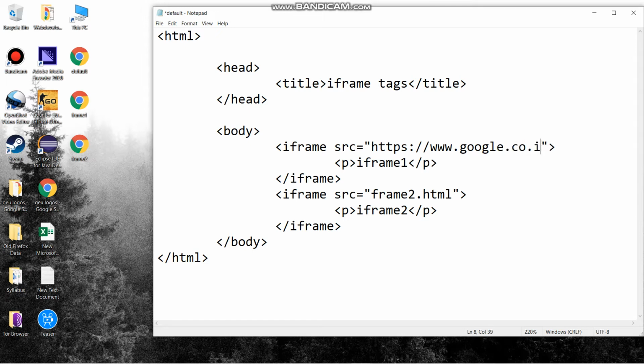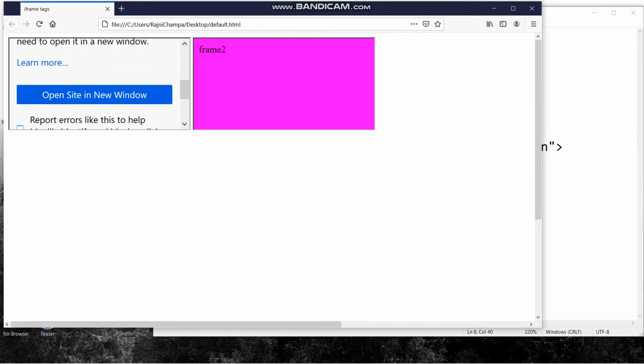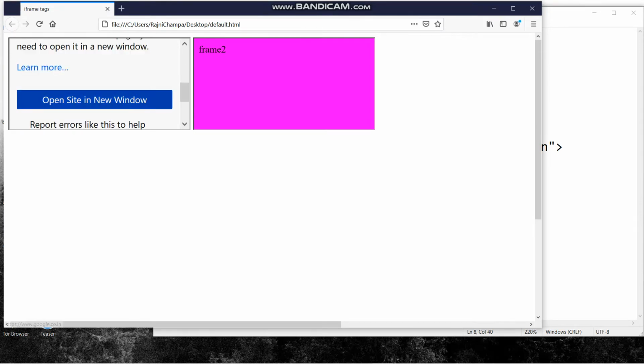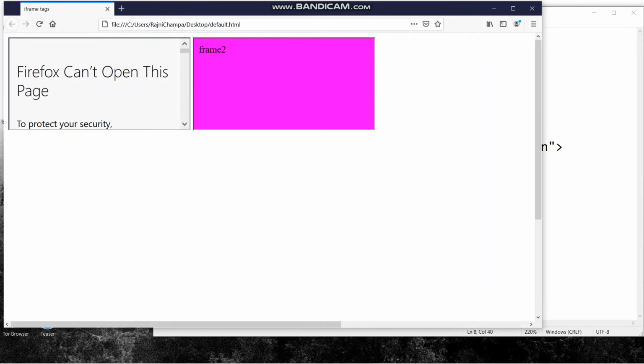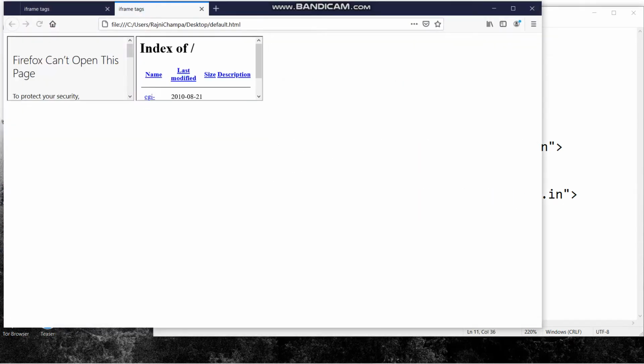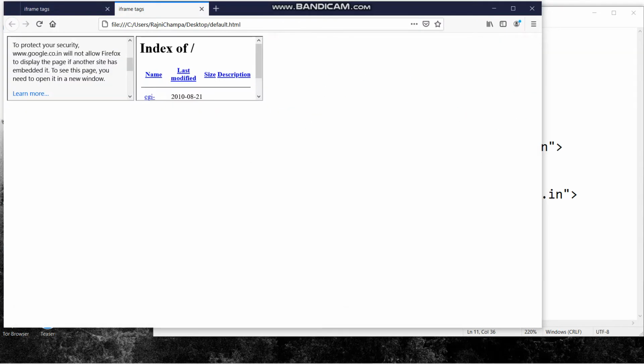I have to open it again with the Mozilla Firefox. You can see that Firefox cannot open this page. What I will do is open this in a new window, because that size is not for the google.com page. Similar thing I will do in the second iframe for Facebook. I will open this, and now you can see there are elements. So I think it could be the URL for something other than Facebook.